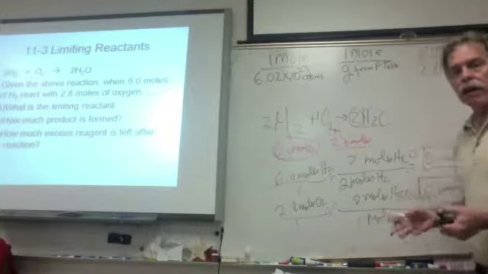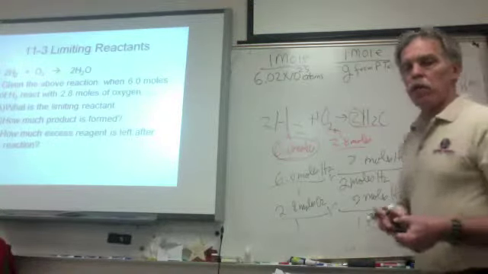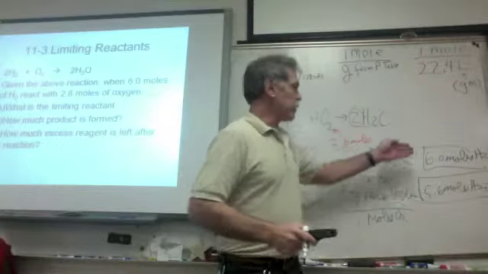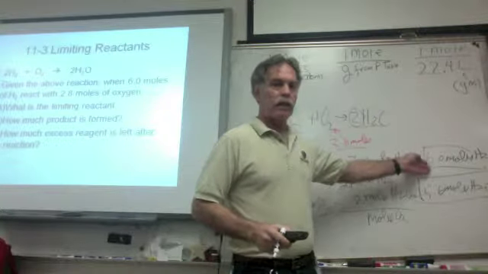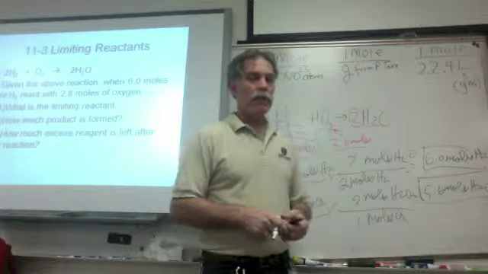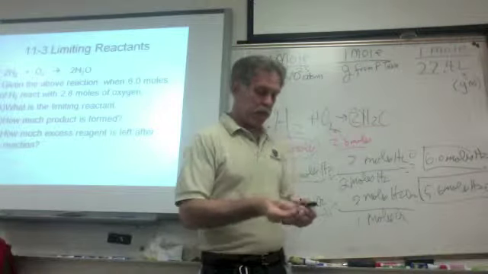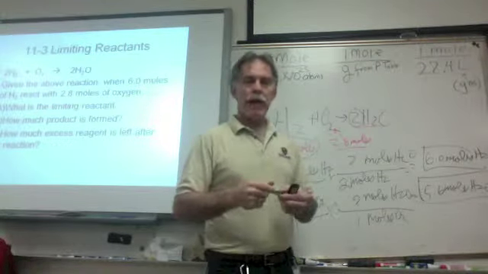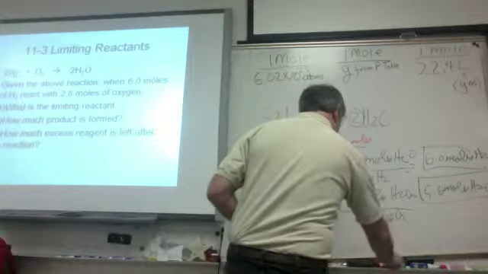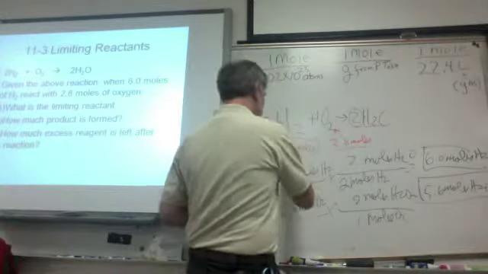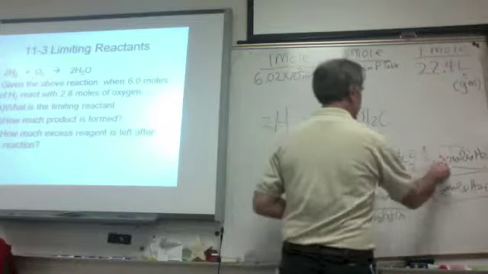Now, how do we get our answer from all of this? Well, the way to do that is to look at the two answers. One of them says we can make 6 moles. The other says we can only make 5.6. The low number, that's the winner. And we're going to scratch through the other one because it's not ever going to be useful to us, since